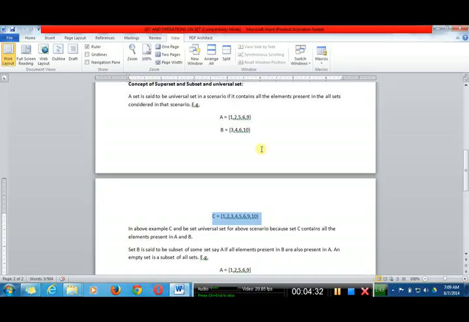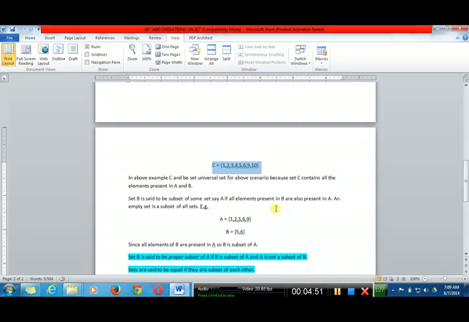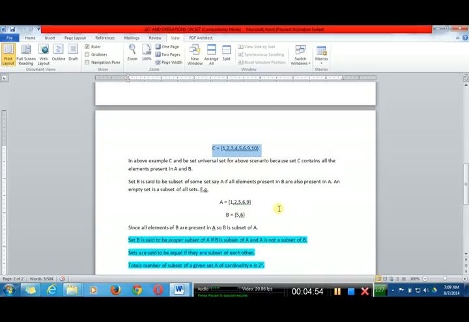In fact, for a particular scenario, you can have multiple universal sets, millions of universal sets, right? But the essential property that carries with the universal set is that it contains all the elements present in the participating sets. Now the concept of subset. Subset is nothing but a set containing some, all or none of the elements of the parent set. A parent set is a set from which we create a subset.